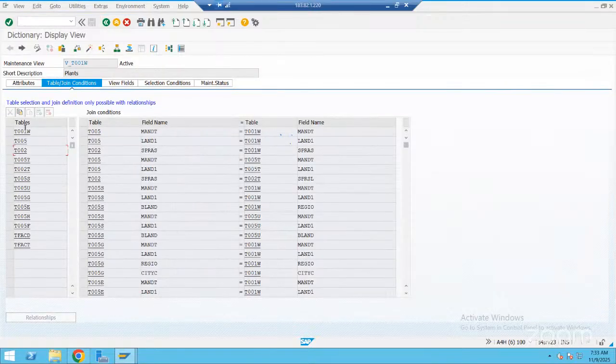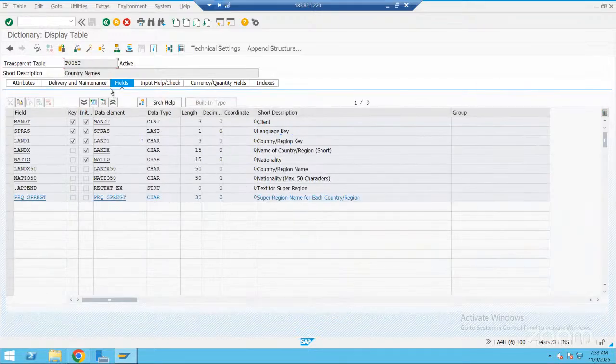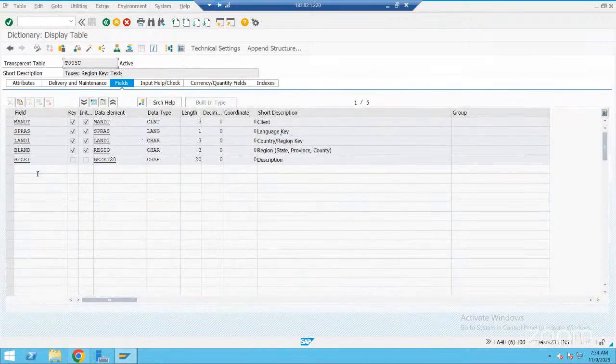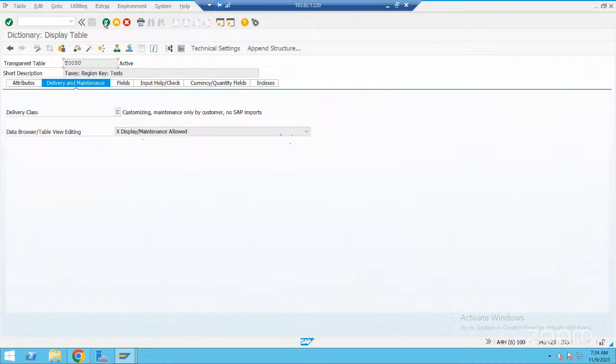T005T, the data will go to this table as well. Country names with the language key, I think. Go back. T005U is also one table. The data will go to this table also. Okay, and you can see in delivery and maintenance, customizing data.